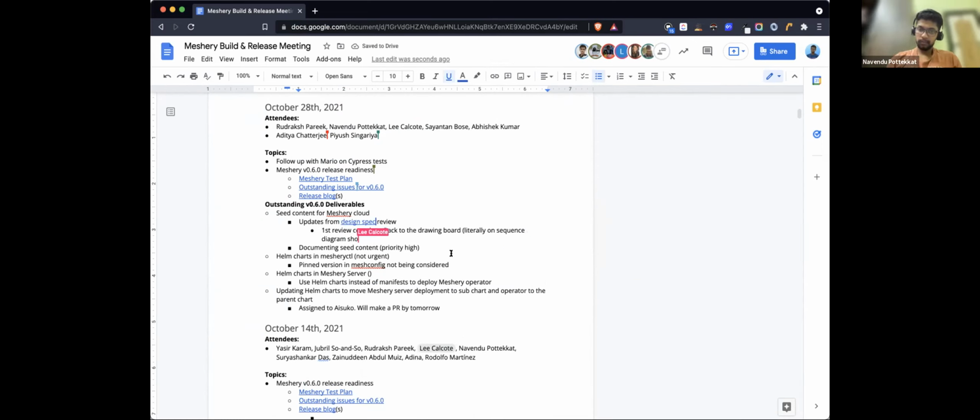So we are not waiting for it to land for the V0.6 release, right? I don't know, we can still go without it because I think Meshery Cloud releases work independent of Meshery.